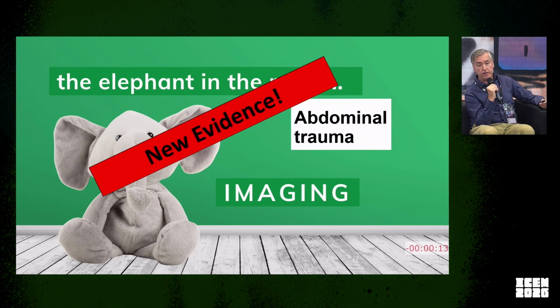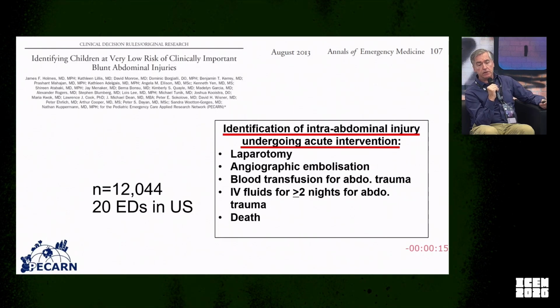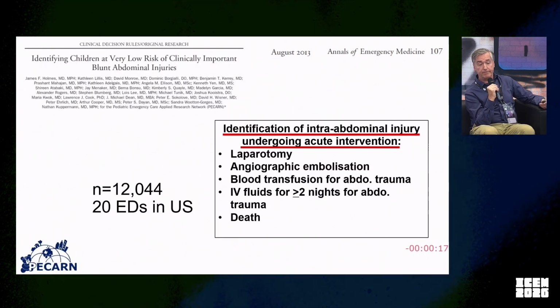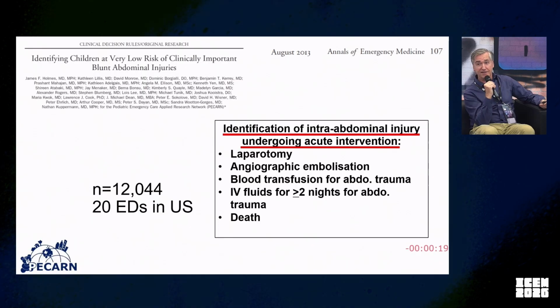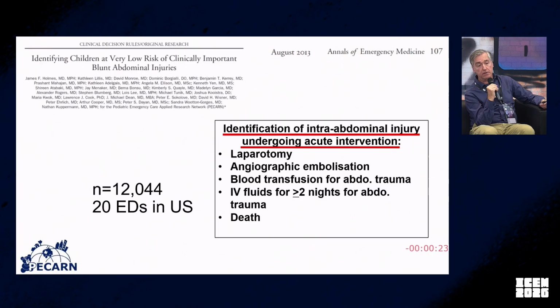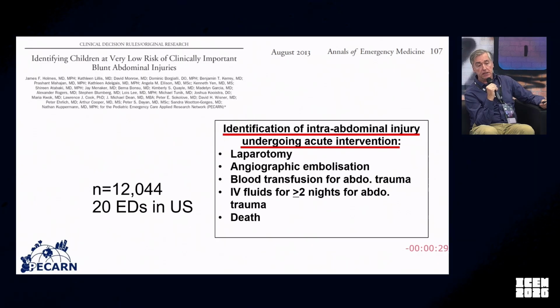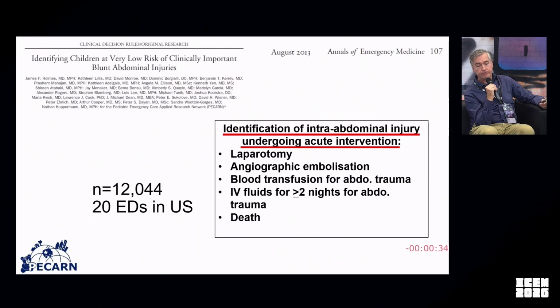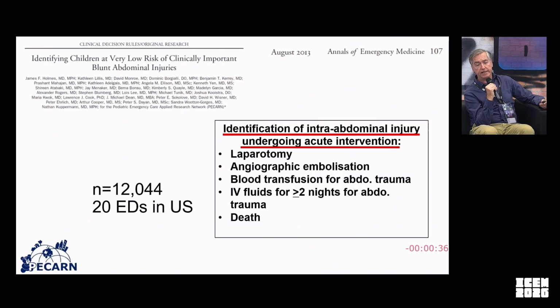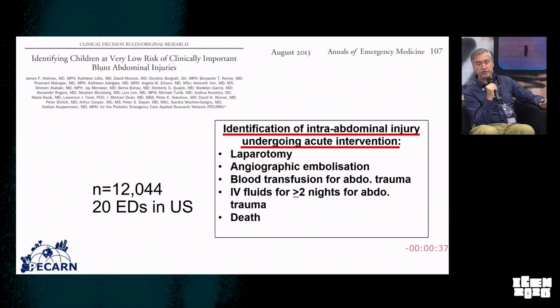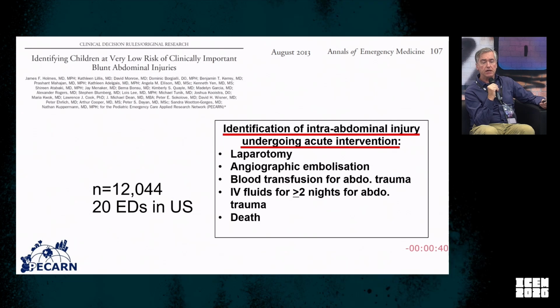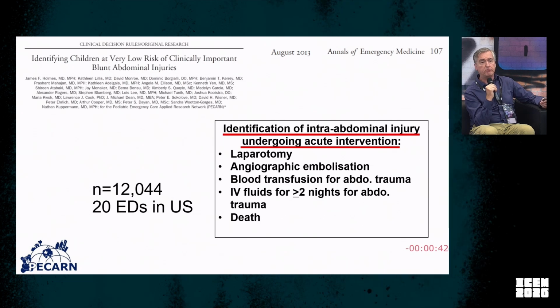There is also new evidence in this space. So again, the PECARN group, as you can see, I'm a big fan of the PECARN group and their work. The PECARN group developed a clinical decision rule in 12,000 patients with a possible abdominal trauma. They wanted to identify intra-abdominal injury, but again, their plan was not to just find blood somewhere